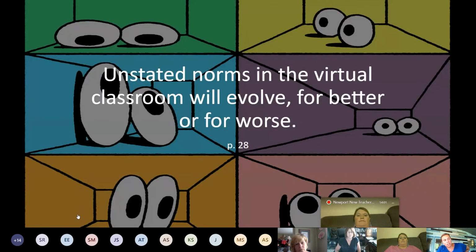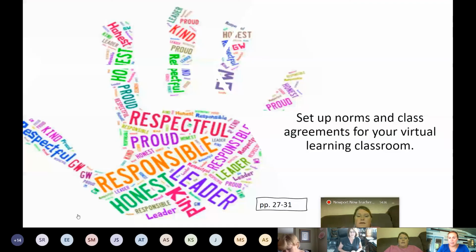So this section, the first days of school, we know how important it is to set up expectations for our kids. We have to establish certain norms. If we do not do that, they're going to develop. There will be norms, there will be procedures and things that will naturally occur. The question is, are they going to be ones that we want to happen? Okay, so we want to make sure that we're the one driving that bus, if you will. So we have to think about that. What are going to be your norms for your class?